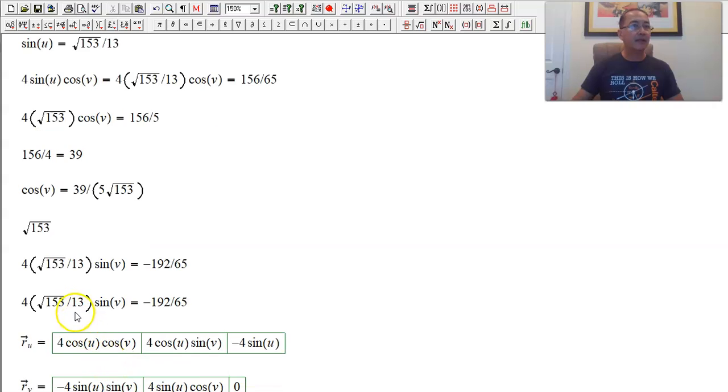Let's make a copy. Again, 13 cancels with 65 partially. We get 5. What is 192 divided by 4? Let me do that over here. Since it is set up already, we get 48. Okay, so we get sine of v is 48 divided by 5 square root of